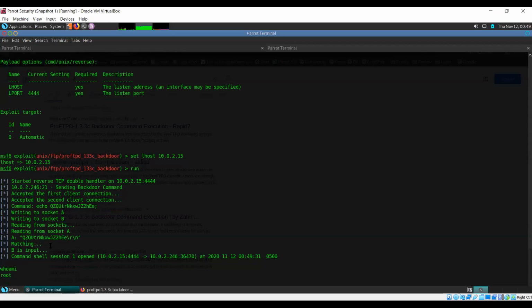Okay, so I have now been able to get a root shell on this system. However, that is not how we are going to proceed with this, because I mentioned that we need to try and see how to do things without Metasploit. We've exploited FTP using this, but for others, let's try a different approach.